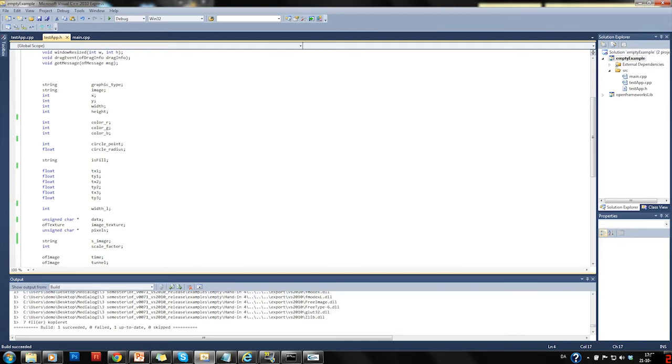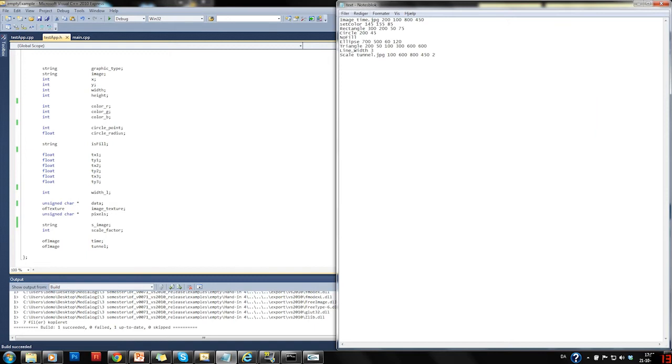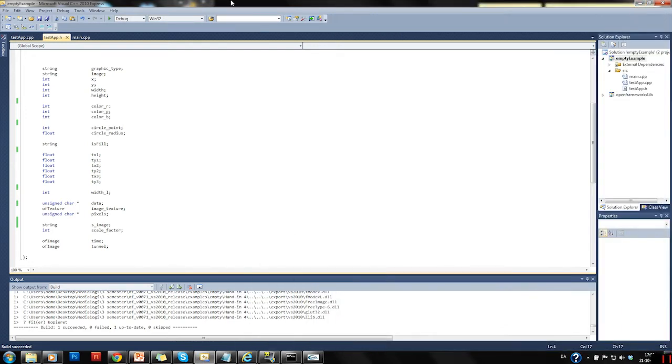It is nice. We have different variables here for integers and strings, which we have used to divide our text file into smaller pieces, so the program can recognize those small pieces as strings or integers or floats, and thereby create what we want to create. Pretty nice. And then we have some pointers down here for data and pixels, and the ofTexture called image texture, which we have used to